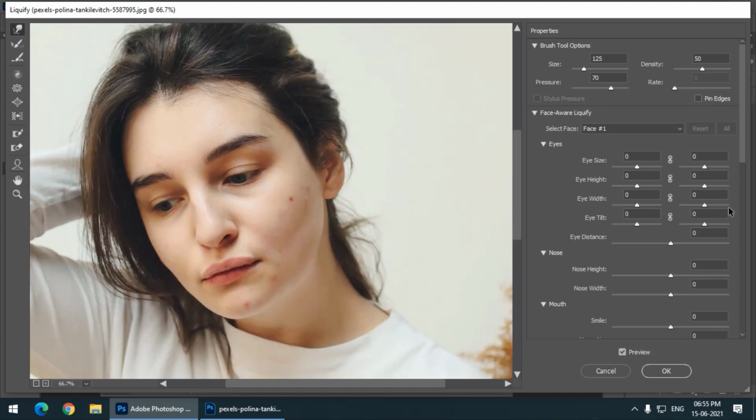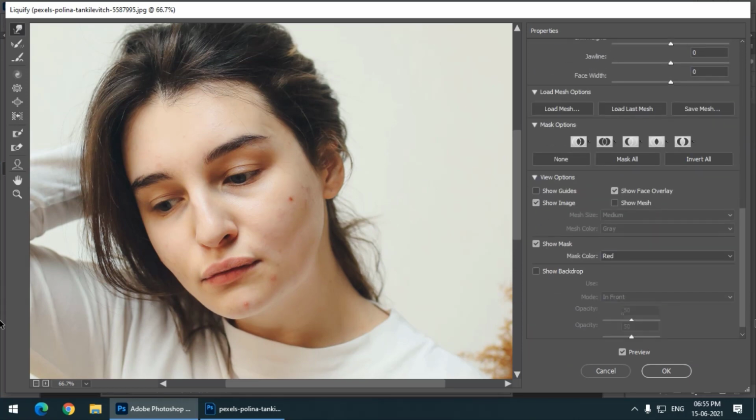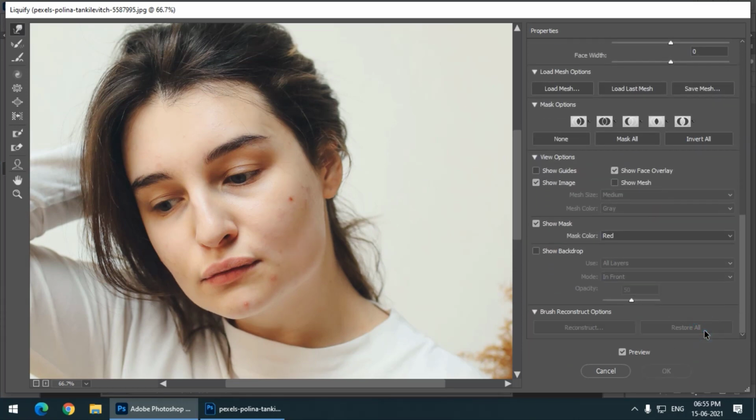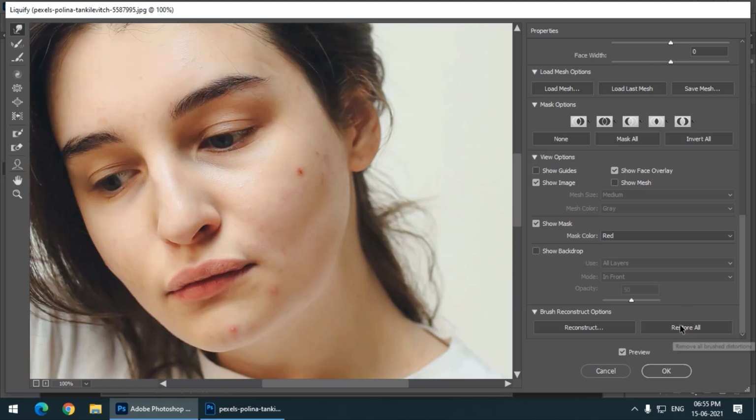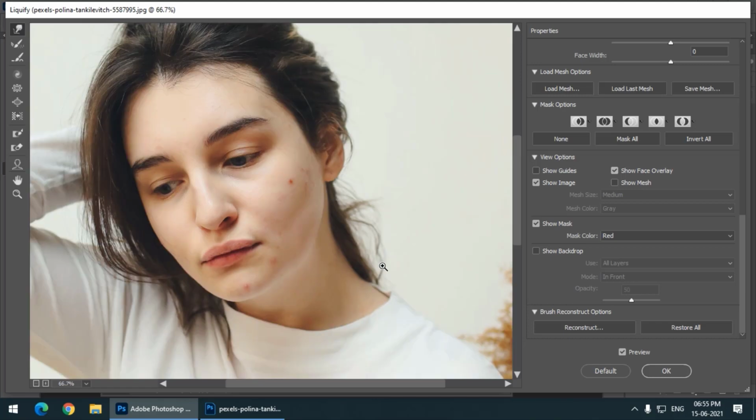So this is the original image. If I click on this restore all button, this is the original, and if I press undo, Ctrl Z, I will zoom in a little bit, look, this is the original, and Ctrl Z, this is what I have done, but it looks realistic. So we have to be subtle while editing the photograph.